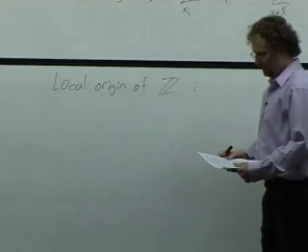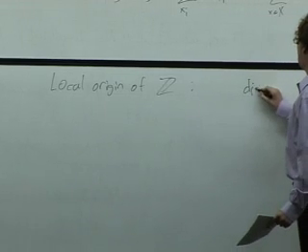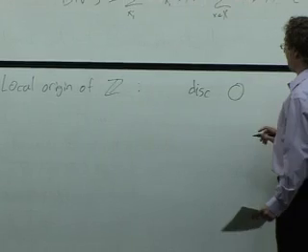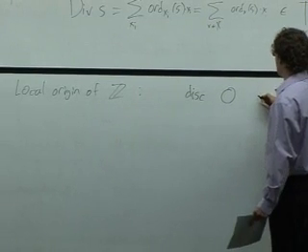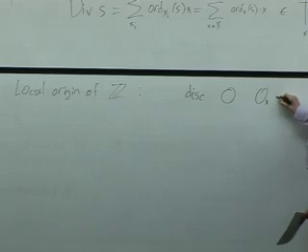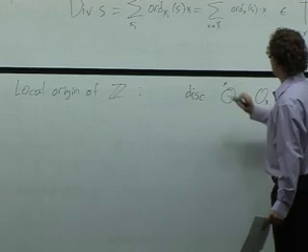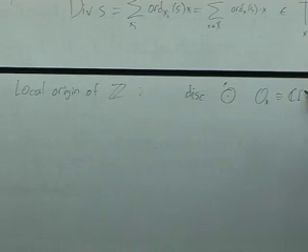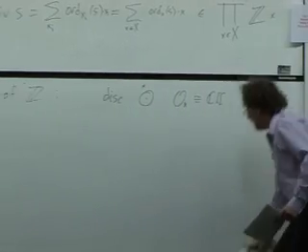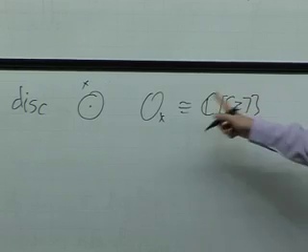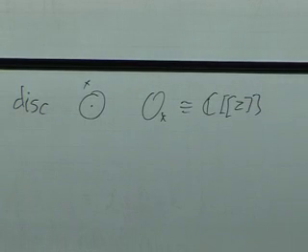The way I would like to think about them: a disk for me, I'll still think of it as a disk, but it's going to be the spectrum of the ring, which I'll call O_x. So the disk at a point x for me is the spectrum of the ring O_x, which is the ring of formal power series in a coordinate. Let me call that coordinate z. So by this I mean I'm taking a very, very small disk, small enough so that any formal power series converges, because I'm going to be lazy later.